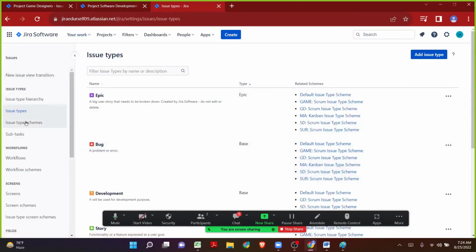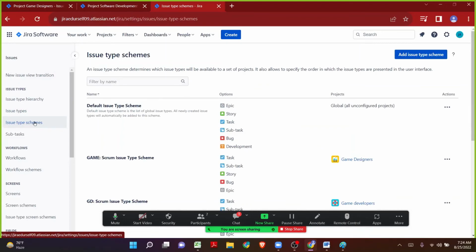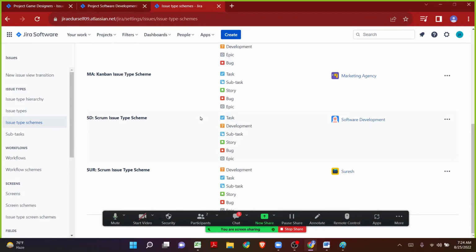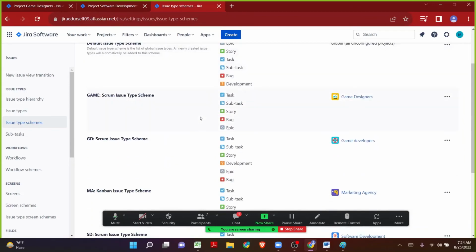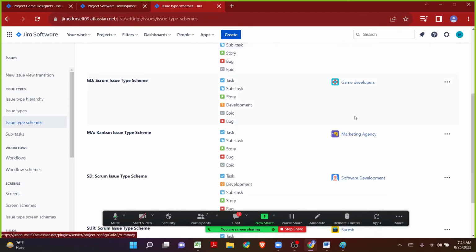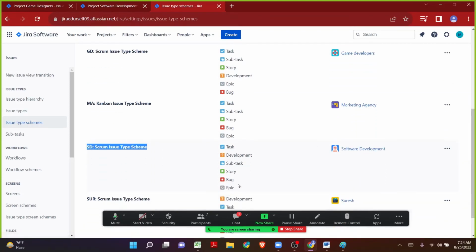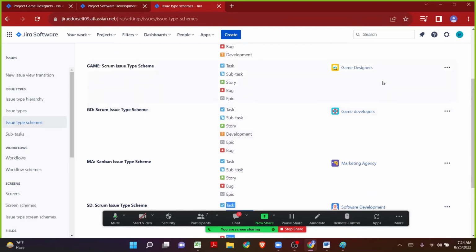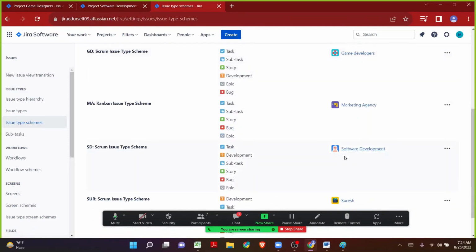And we are talking about the issue type schemes, the configuration of the issue type. And here we do have a project called game designers. Currently the game designers project is making use of the game Scrum issue type scheme. But the project lead of the game designers told that whatever configuration the software development project is using, we want the exact configuration. So all I can do is move the game designers project right here,